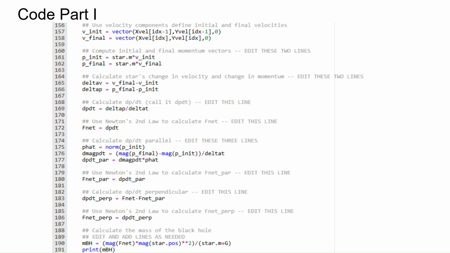Code for part 1. As you can see, we calculated the initial and final momentums in terms of the velocities. Then we calculated the change in velocity and the change in momentum. Then we calculated dp dt by taking the change of the time and the change of momentum. And then we know that dp dt is equal to net force. Then we applied that to the FNet parallel and perpendicular equations to find out how much force was acting on the body perpendicularly, and then that was plugged into the universal gravitation formula to calculate what the mass of the